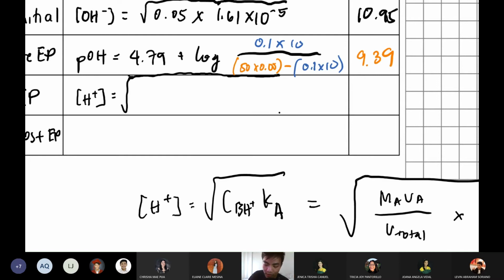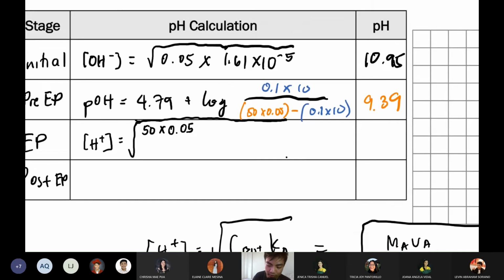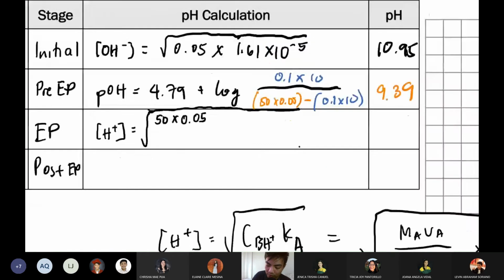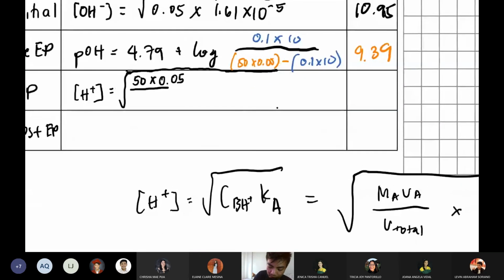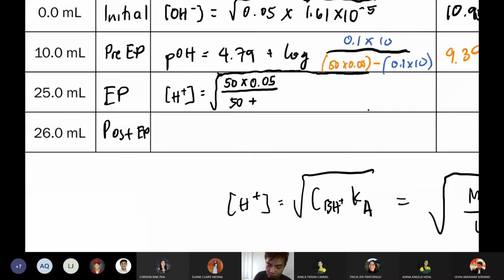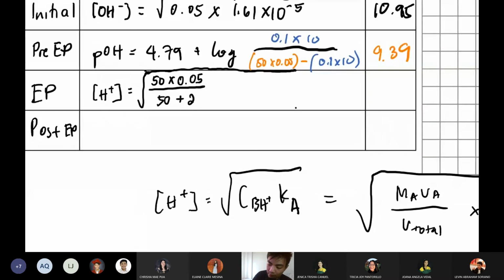Okay. So, MA 50 times 0.05. Tama yun, di ba? 0.05. Yes. Divided by V total, 50 plus 25. Okay, 25. Times,